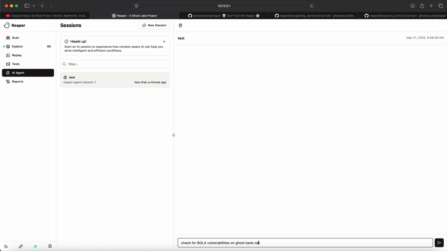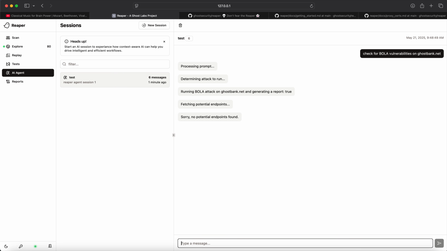This is the one the developer recommends or has on the GitHub repository. Then you just fire this, and it's processing the prompt, running the BOLA attacks, generating the report and fetching potential endpoints,